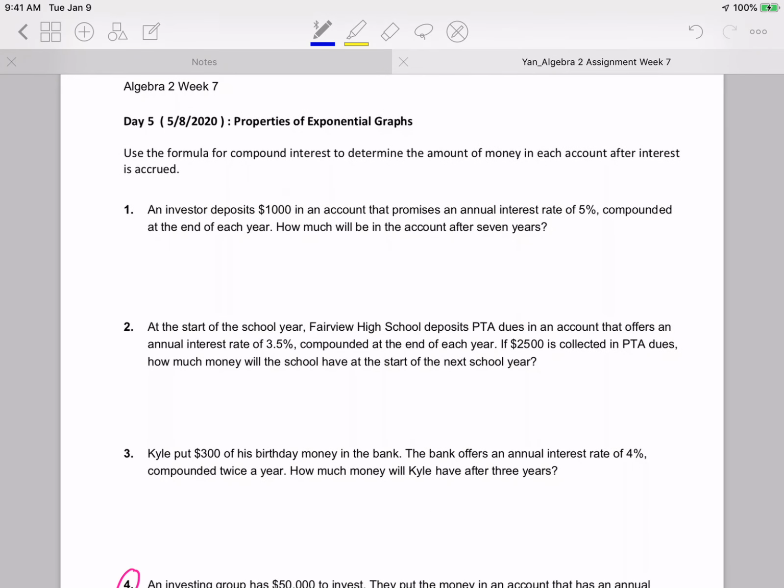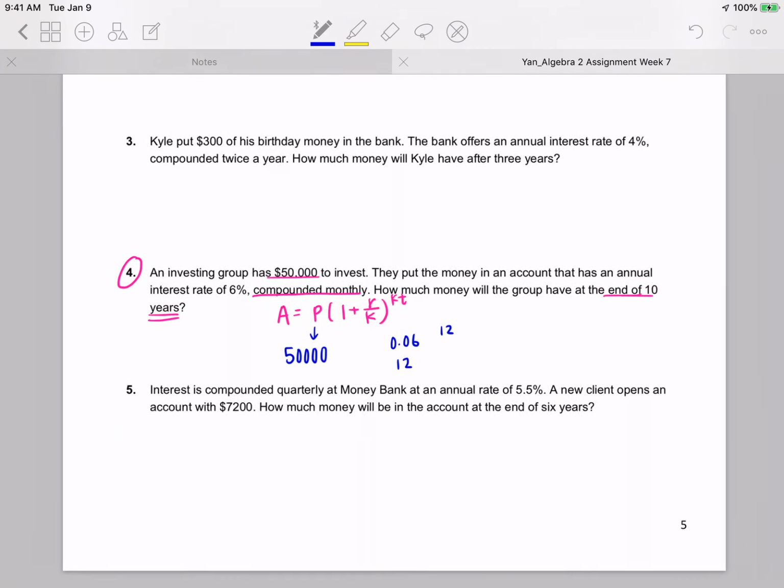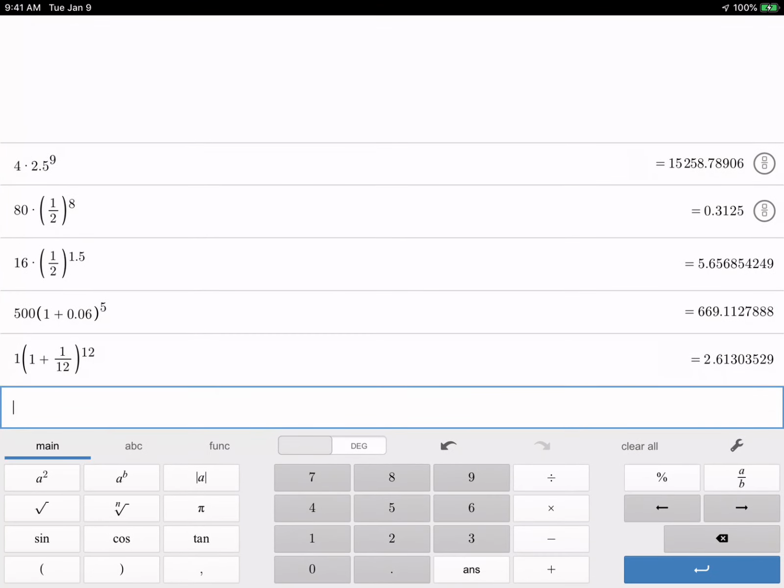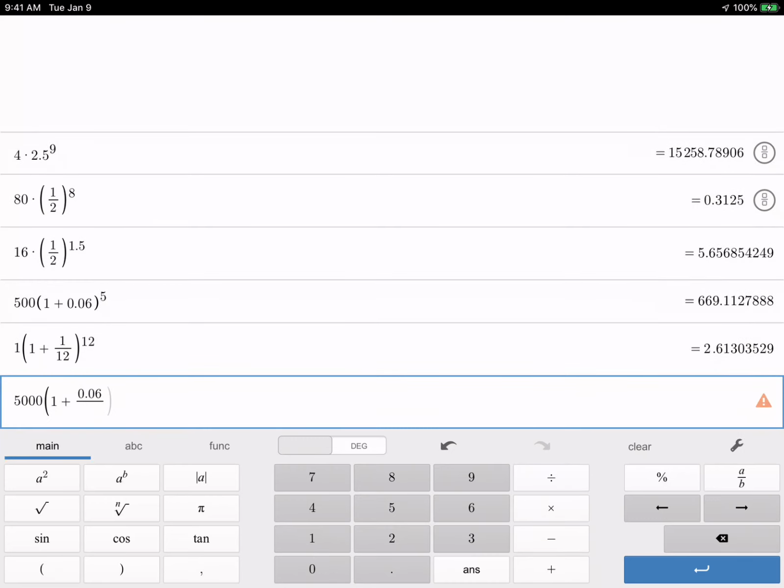Did they ask us to write the formula? Oh, you can just figure it out from here. And we have our 10. So I'm going to put everything back in pink. We have all of this information here, and we're ready to find our final answer. So I'm going to put it in here. We got 50,000 times 1 plus 0.06 over 12